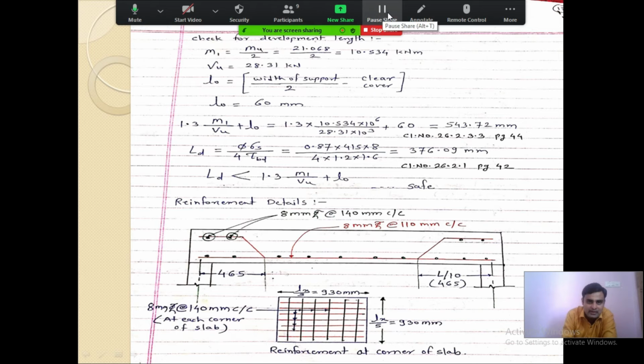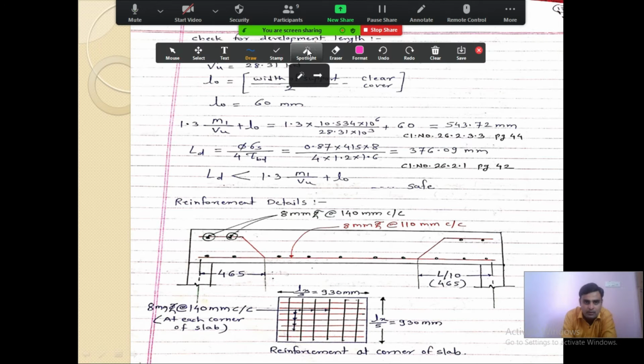First, as an examiner, when we check the paper, what is the process? They will see your reinforcement diagram first. They know that for a two-way slab, how much bar diameter is required, what the standard spacing may be, how it comes out to be, what the value should be. So on that basis also, they come to know whether whatever calculations you have done above are correct or wrong. So this diagram is very important.